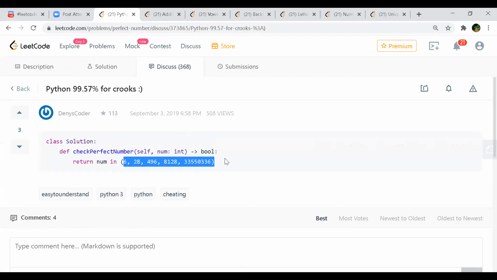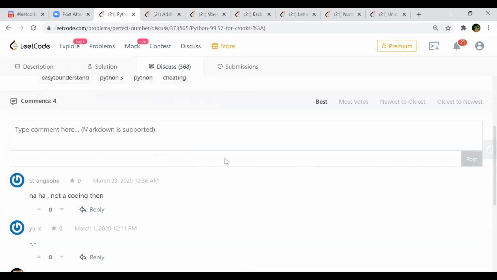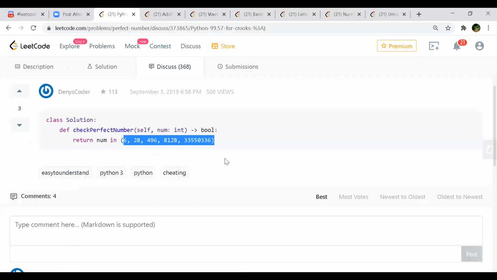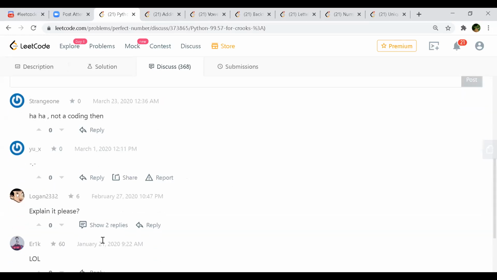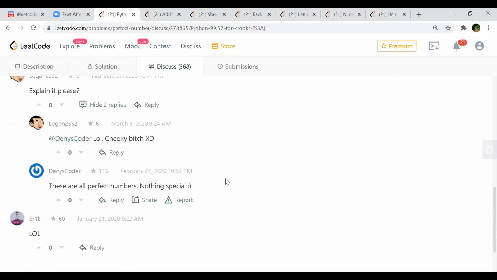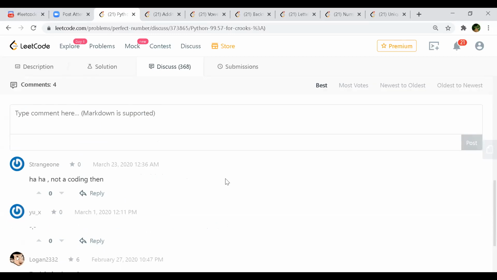So he's getting that number by that formula, right? Yes. In an integer max, you can have this last number. And if you just put them in a map or a set, and then you hit on any of these numbers, you return true, or else return false. Yeah, it's a very crisp one. But he's deriving it based on that formula, 2 raised to p multiplied by 2 raised to p minus 1. These are all perfect numbers.